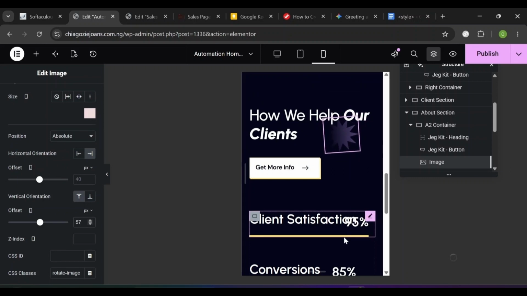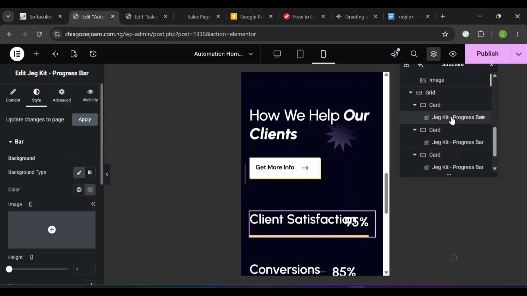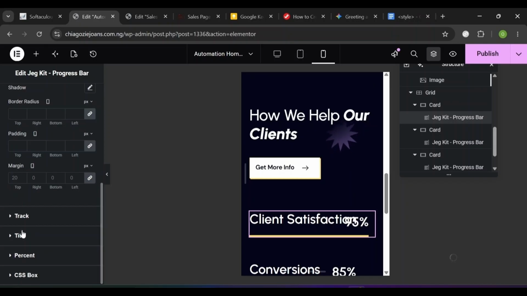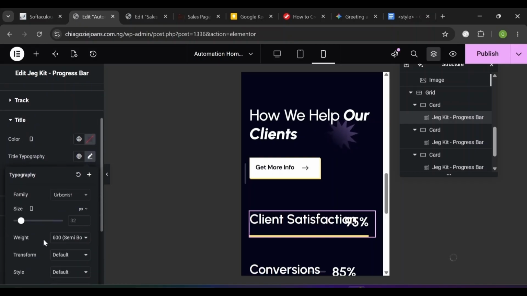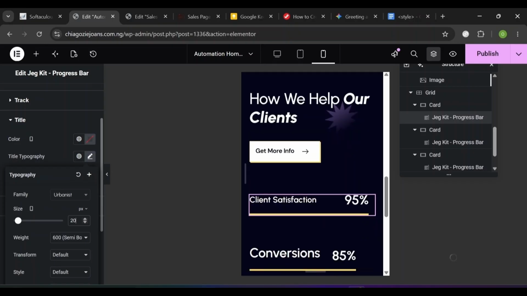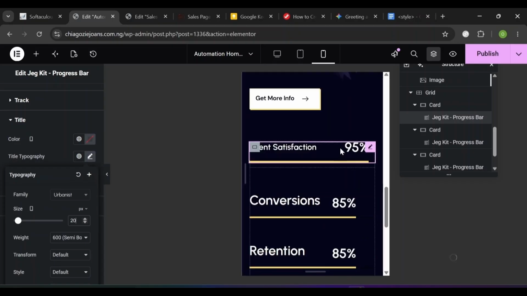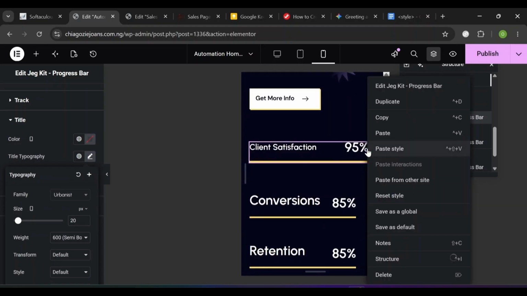Okay, select the progress bar, which you can find here. Once selected, go to style, then scroll to title, click on this title. Okay, click on edit typography. Okay, this title typography, you want to adjust that. Let's make this 20. So we can copy and paste the style here,